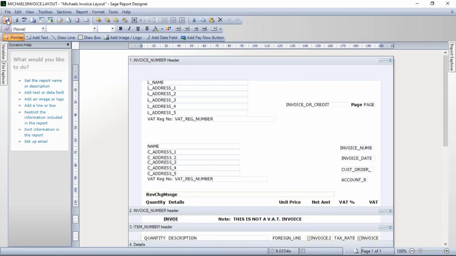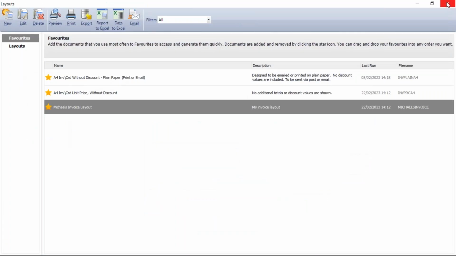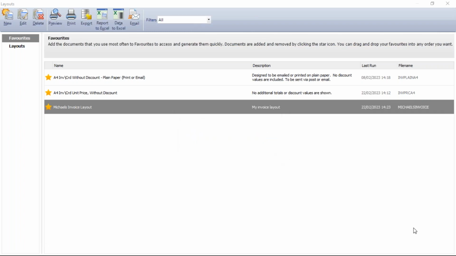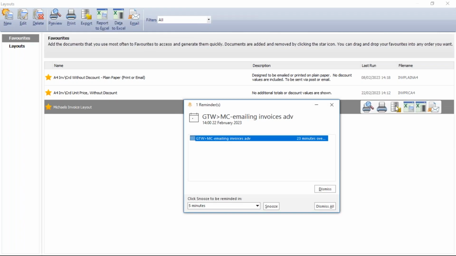I'll save the changes, close out of the report designer. And what we'll do is, with my layout selected, I'm going to output to email. It tells me it's successfully output to email, so I don't get that warning this time. So okay that, and if I flick back to my email,